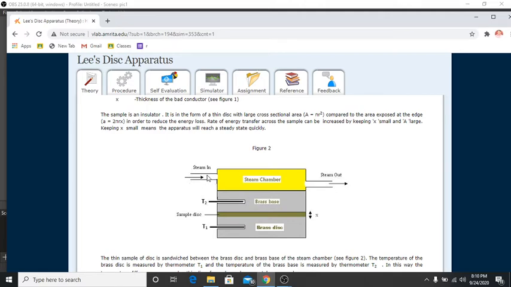So here from this inlet steam is going in, and this is the outlet for the steam. Then here there is a brass base, the container in which the steam is entering. Then this is a solid base, and then there is the next base. This is another disc B, you can say A and B discs, and in between there is a sample disc, the experimental disc C. This experimental disc you can choose to be of mica or cardboard, and I want to have this one of cardboard.